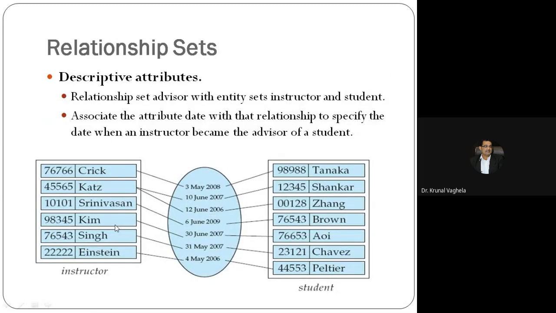Cats, Srinivasan, Kim, Singh, Einstein. So this is the attribute. So what is the domain? Set of permitted values. Now what is the set of permitted values here? Alphabets. Can anyone name Crick 1, 2, 3? Can a digit come in the name? No. Can anyone be named Einstein 2315? Right. So what is the domain of name? Set of all the alphabets.